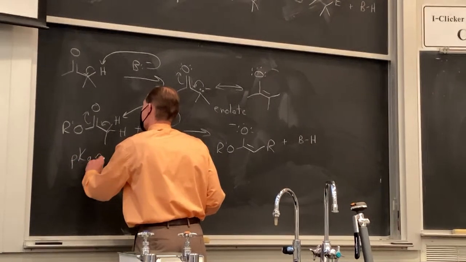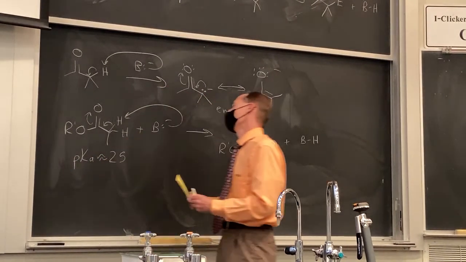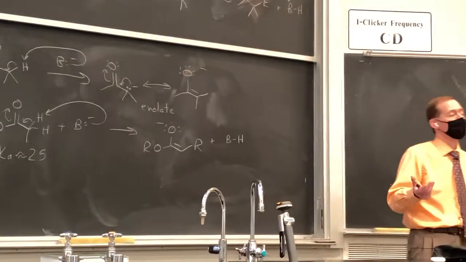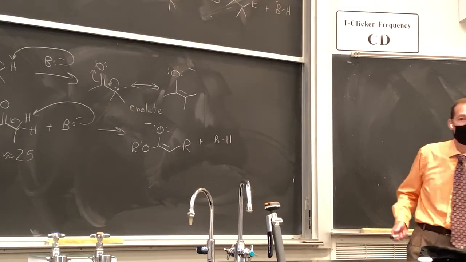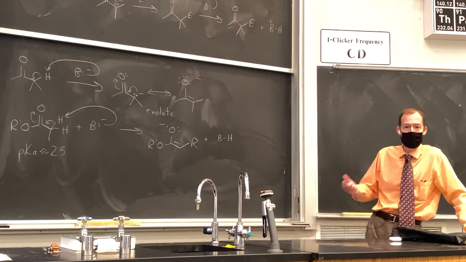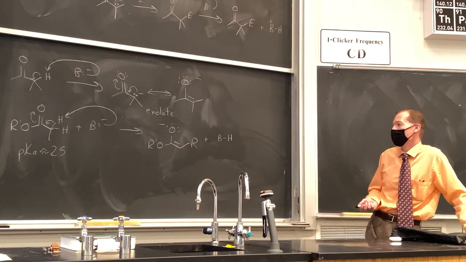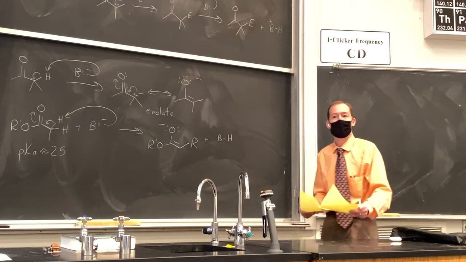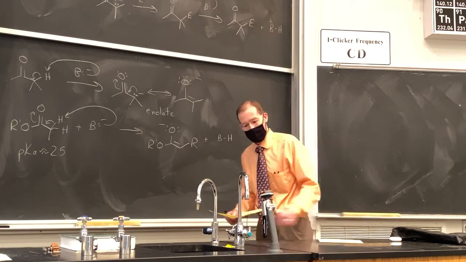The pKa of most esters is right around 25. So you have about a six orders of magnitude difference in acidity, 10 to the 6th difference in acidity between ketones and esters. Okay? We can also make